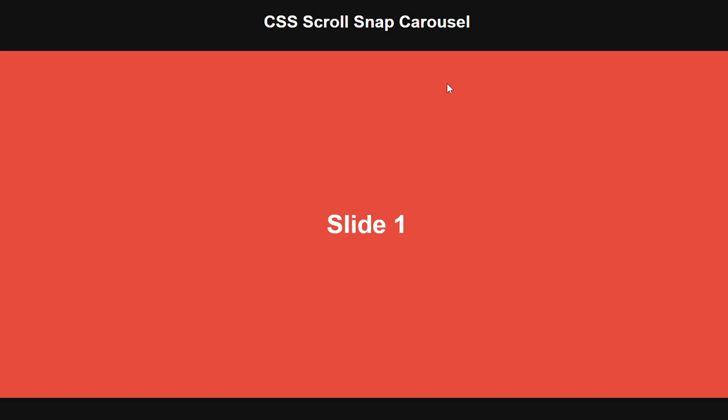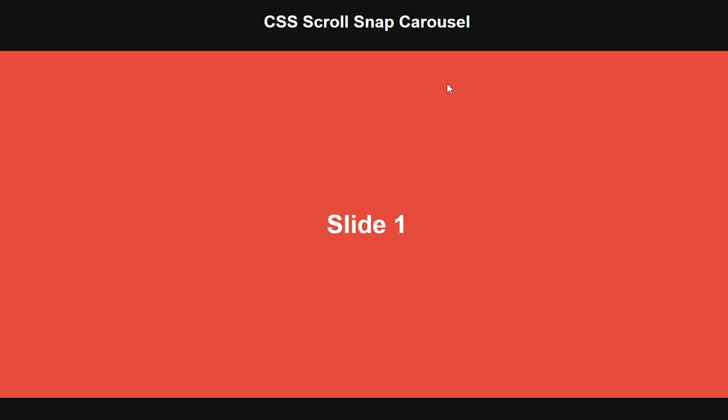So for today, the topic I'm going to be going over is the scroll snap carousel. It's just how you can do a carousel in CSS without using JavaScript. It's called scroll snap, and it allows us to do a smooth and native carousel. This feature helps us to improve performance and simplifies UI design by letting the browser handle the scrolling